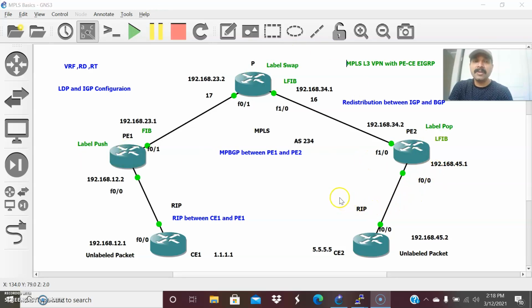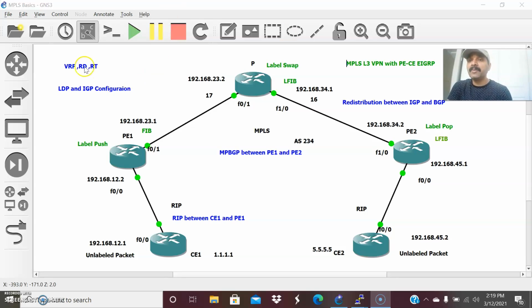Now, what are the things we are going to configure? First, I am going to configure VRF. VRF is virtual routing and forwarding. So instead of a single global routing table, I am dividing it into multiple smaller virtual routing instances. I am going to create a single virtual instance for each of several customers, as there can be several customers in an MPLS cloud, right? So to segregate or differentiate between the several customer routes, we use VRF, that is virtual routing and forwarding. It is nothing but a virtual routing instance I am going to create, just like a VLAN. We create this as a separate routing table for a single customer.